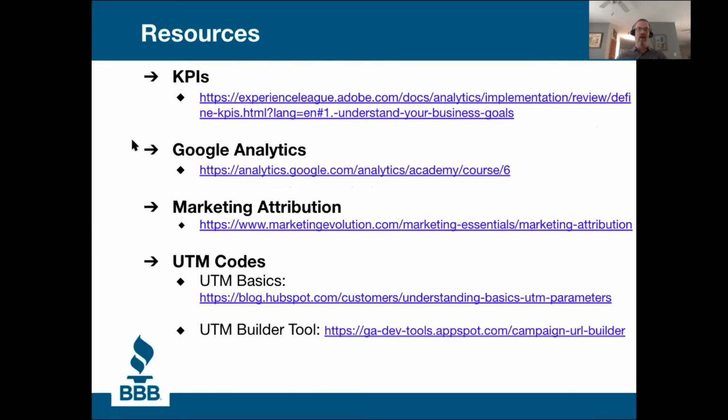And as I said before, here are some resources for you if you have more questions. I have a document from the Experience League at Adobe where I pulled a couple of my slides from. It's a really good discussion on understanding business goals and tying them to your KPIs in your events, so that you can do what we just reviewed here. For Google Analytics, this is a high level overview for small and medium-sized business owners specifically. It's a video course that goes over what I discussed with Google Analytics, but in better detail, while still keeping it at that high level.